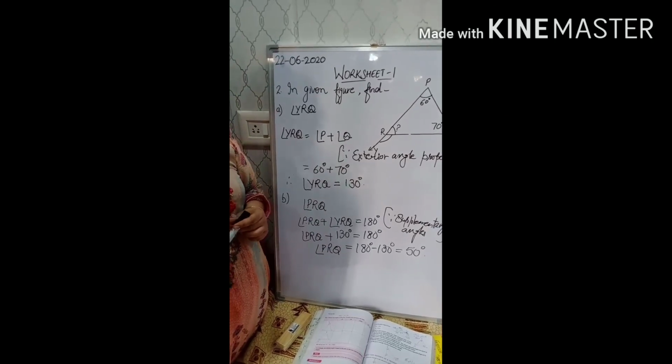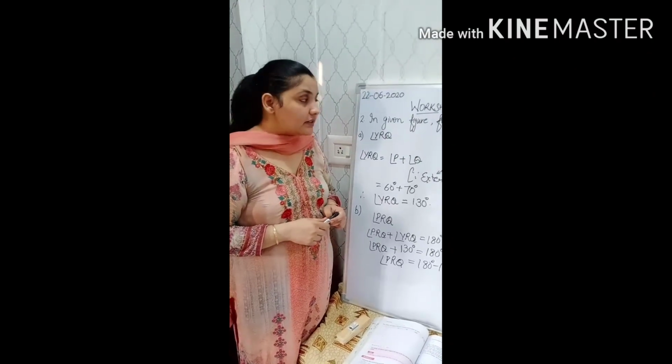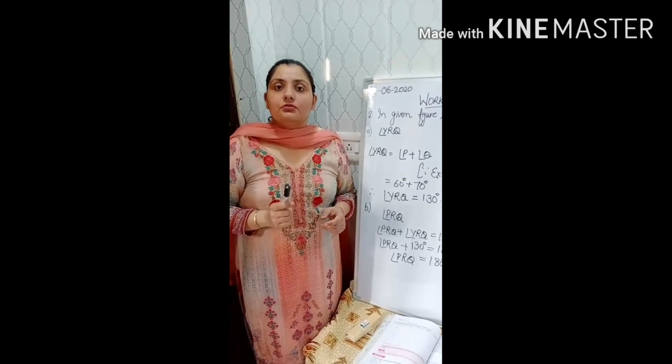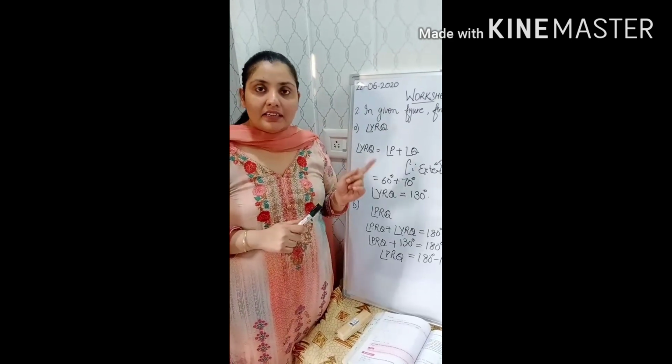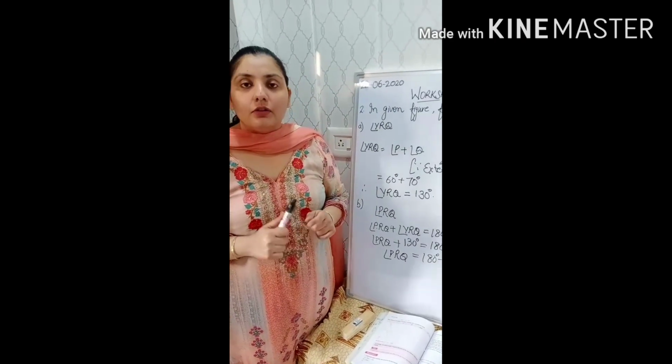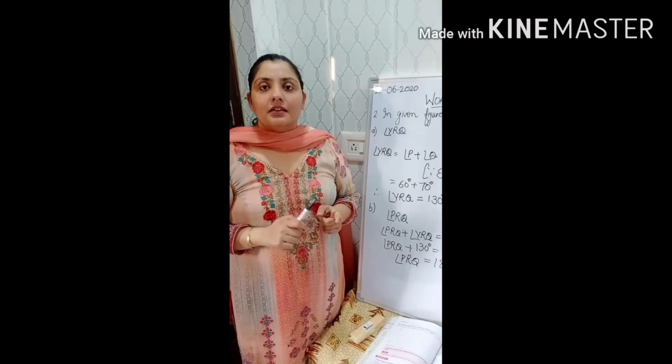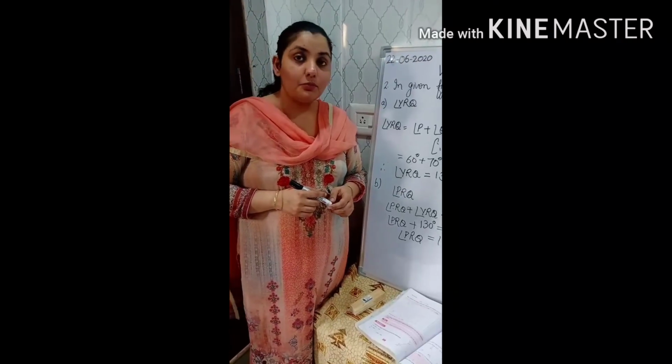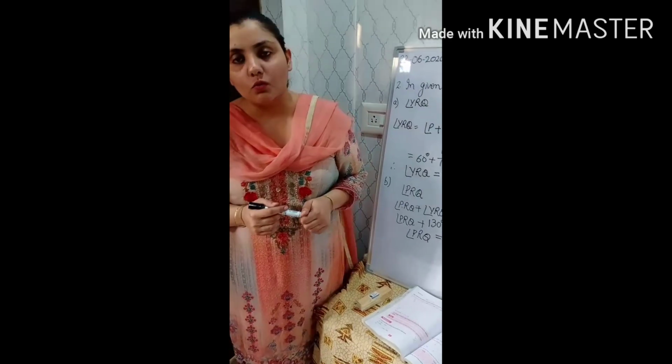You have to do these sums and do more practice, and also perform the two given activities: find the interior and the exterior angles in your favorite figure, and another activity, prove that the exterior angle is equal to the sum of opposite interior angles.